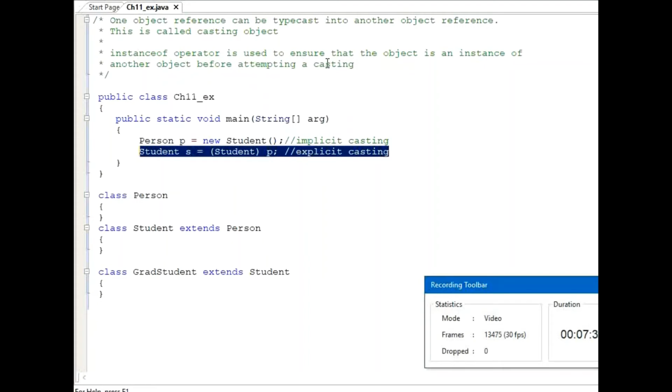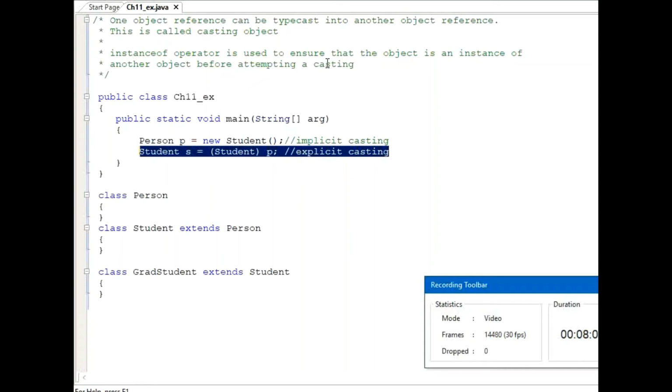When you are trying to assign an instance of a supertype to a variable of a subtype, for example, if an object is not an instance of the subtype, it can't be cast to a variable of that type. So in that case, you will have an exception called ClassCastException.